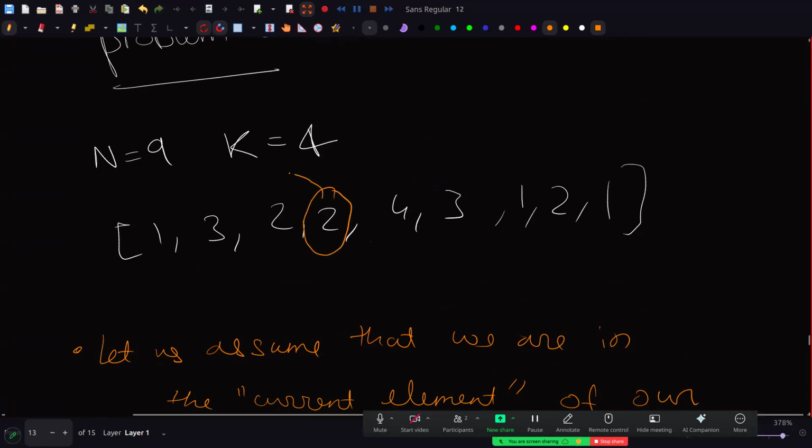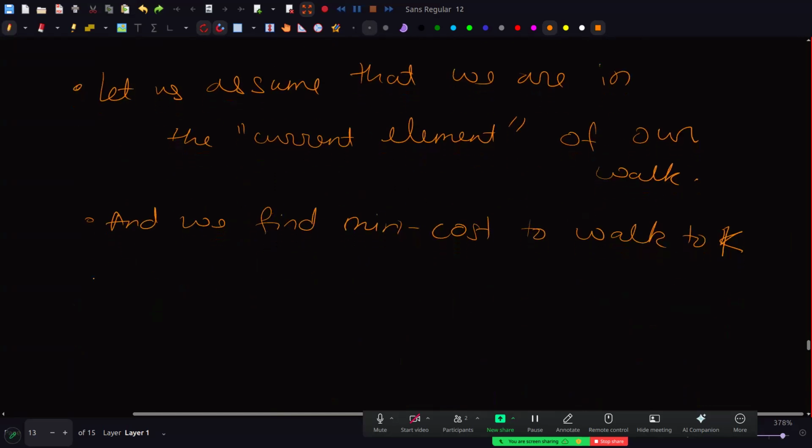At 2, we don't say, okay, let's go from 2 to 1 to 3, then to 4, like that. From 2, we'll find the best path to a 3. So between these two 3s, which is giving me my best answer. Fine. Similarly, for this 2, I will try this 3 and this 3, and I will see which is giving me my best answer. And then what we can do once we have this,